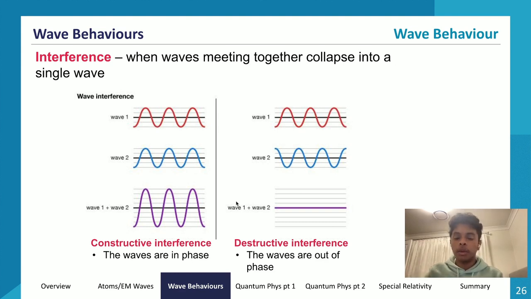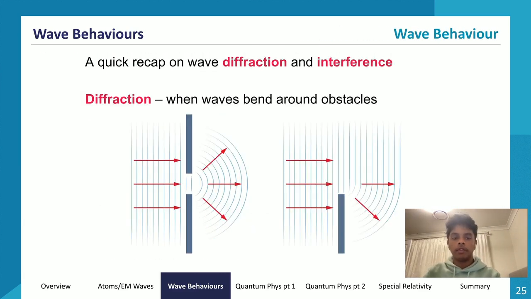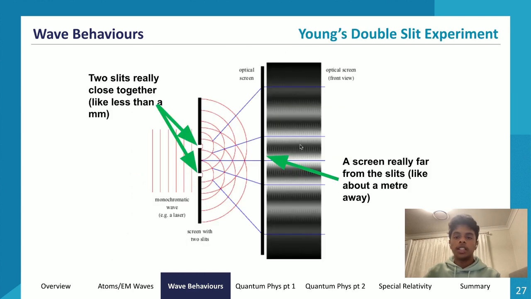If you remember, how loud something is directly correlates to the amplitude of the wave, and the pitch, or how high the note is, directly correlates to the frequency of the wave. Those are wave properties that we went through a little bit in Year 11 Module 2. So that is a quick bit about wave interference and wave diffraction. Now we can move on to Young's double slit experiment.